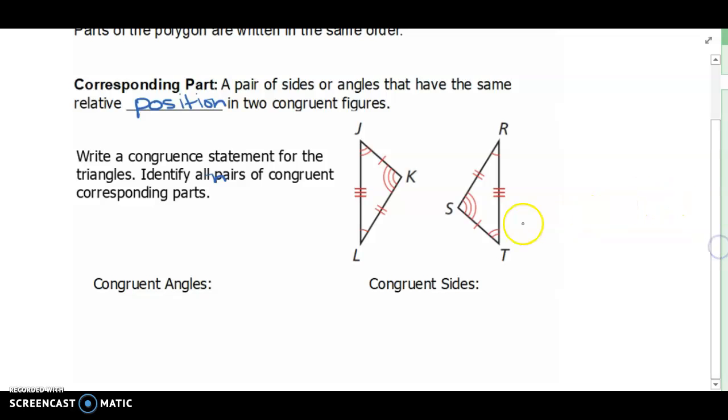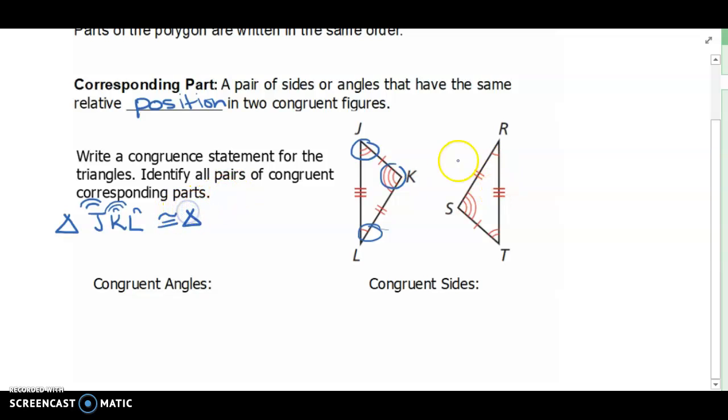Okay, so let's look at this. If I wanted to write a congruent statement of this, I would say triangle, and the order of the first one doesn't matter. The order of the second one just has to match the first one. So let's just call it JKL. Well, if I look, my J has 2 arcs over it, so I always put 2 arcs over J. My K has 3 arcs over it, so I'm going to put 1, 2, 3 over K. And my L has 1 arc over it, so I'm going to put 1 arc over it. So triangle JKL is congruent to